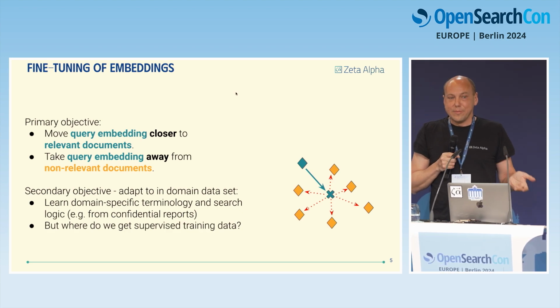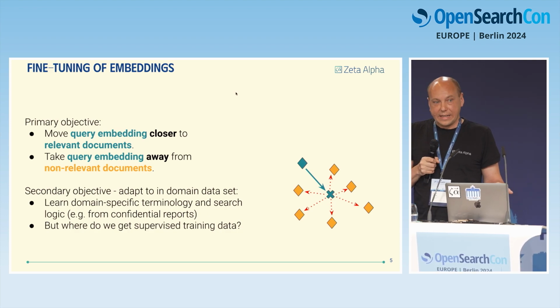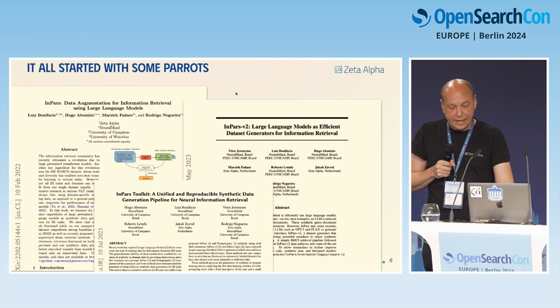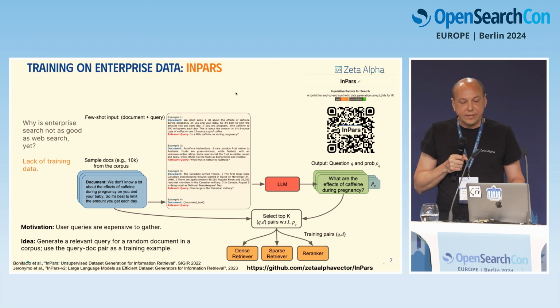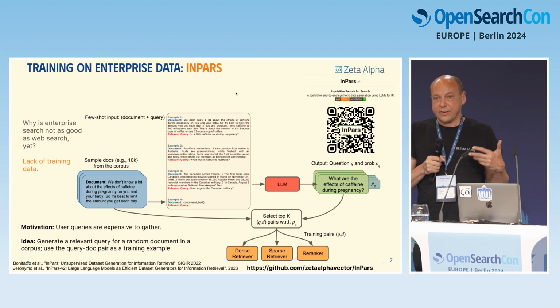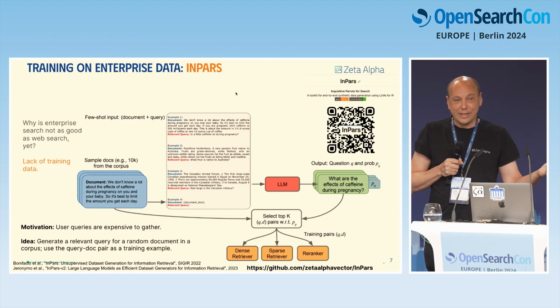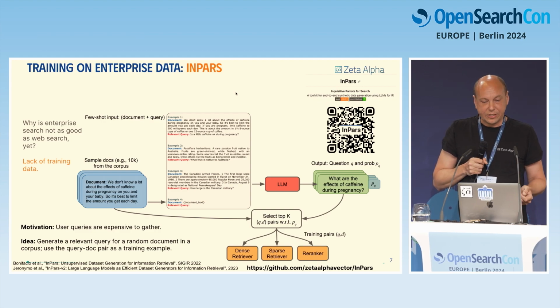But in most in-domain data sets, the problem has been that you don't have supervised training data. So we developed this method, which we open sourced, called InPars, and the papers are public. Basically the InPars toolkit uses generative large language models to take your documents, which you always have when you're doing a domain-specific search, and do a few-shot generation of a query which could be based on that passage. And this gives you